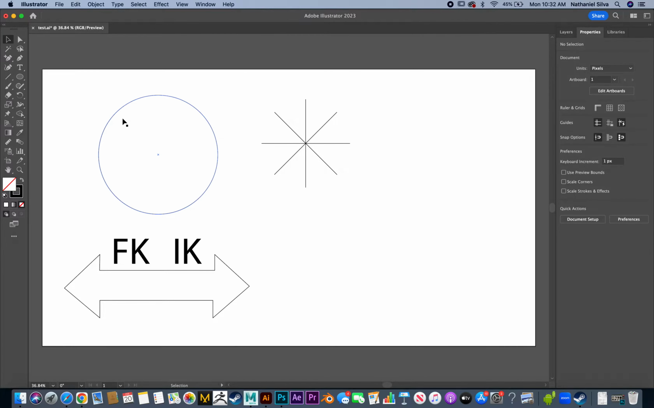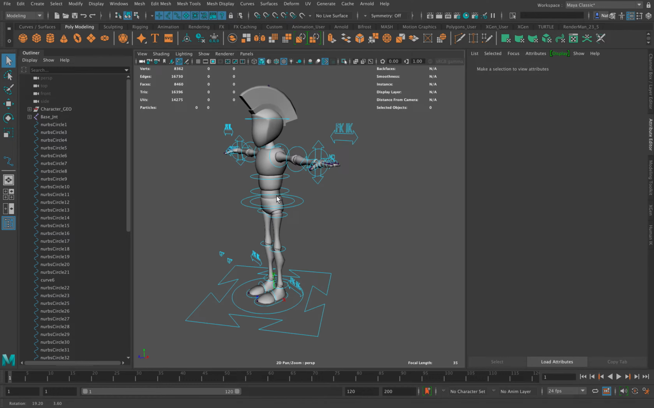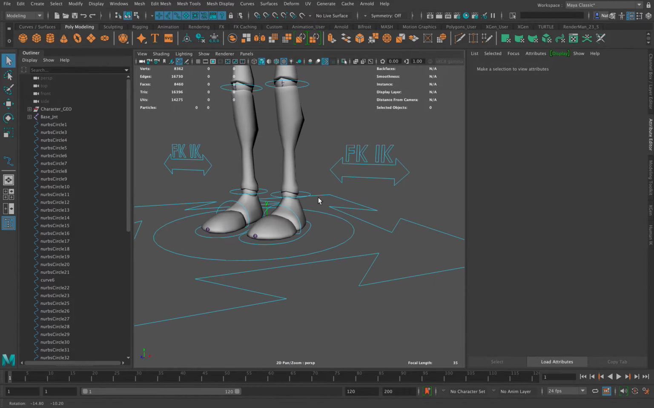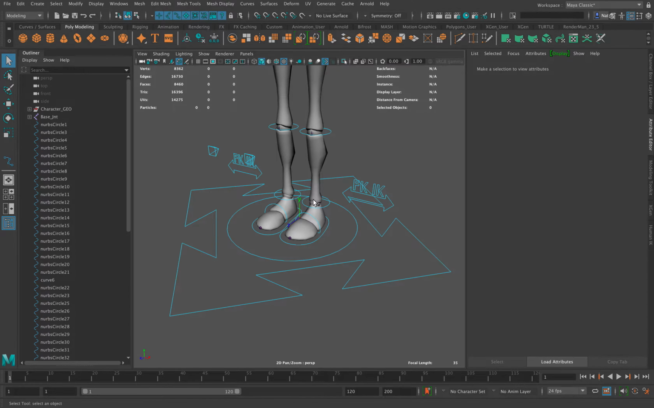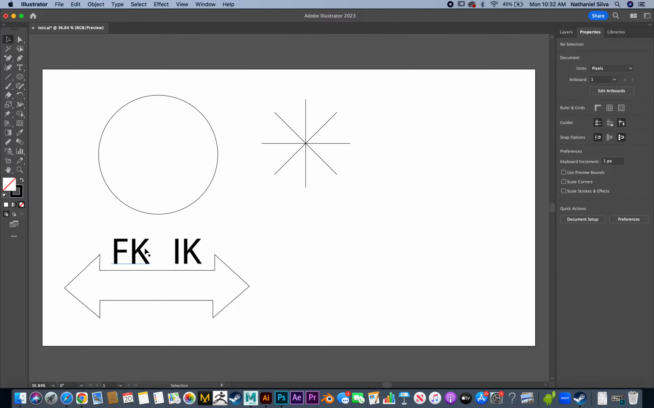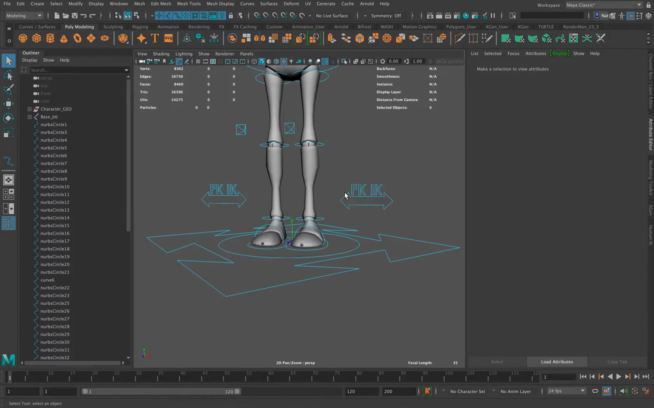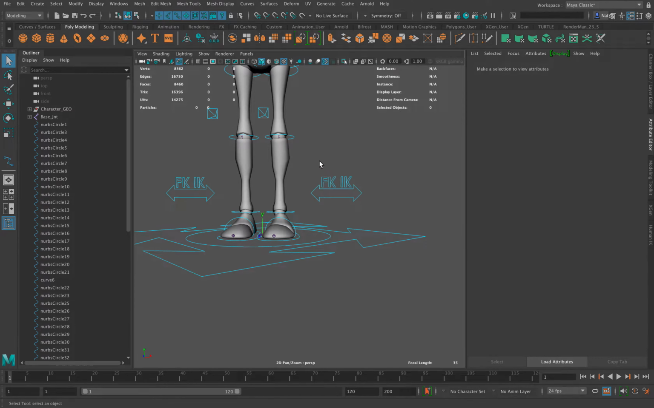So in Adobe Illustrator, you can still make things and transfer to Maya because it's still vector based, and you can still get these arrows and circles and letters and shapes made in Illustrator, like I did over here. So what we're doing specifically is that we're going to start making controls for both the forward kinematics and inverse kinematics